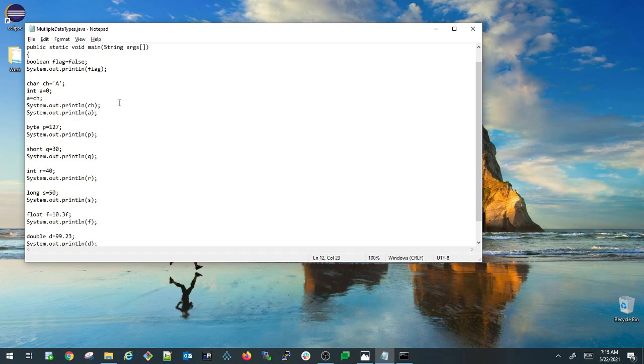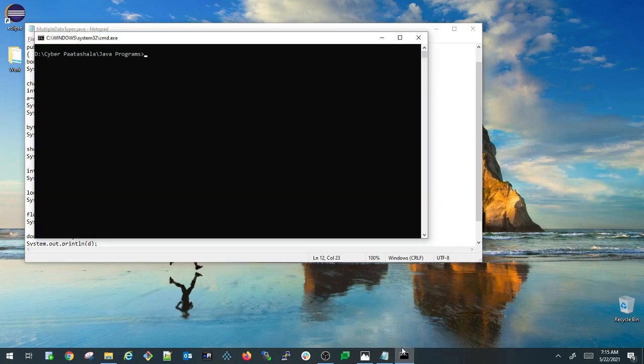I'm saving this program, compiling it again and running it again. javac multiple data types dot java. My program got compiled successfully, and I'm running it again.